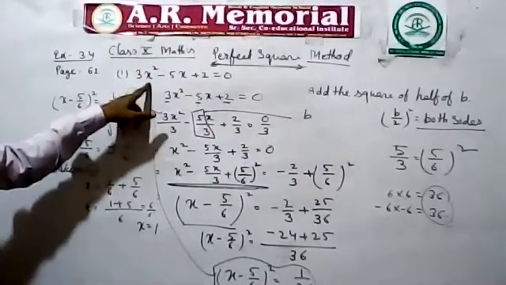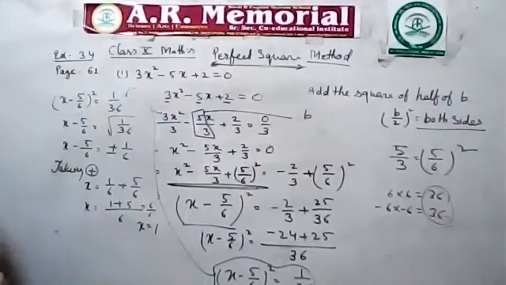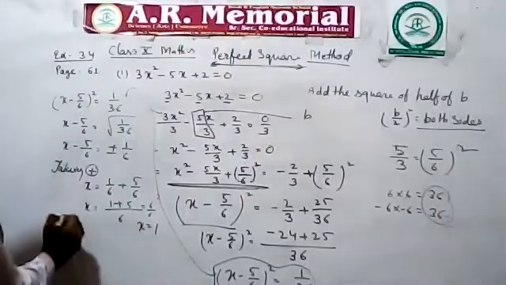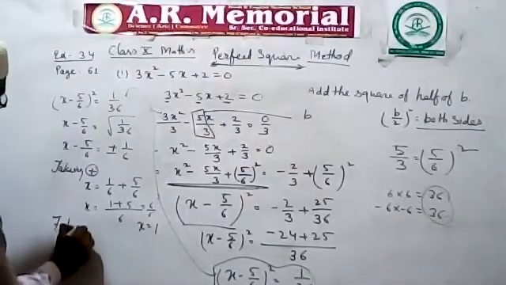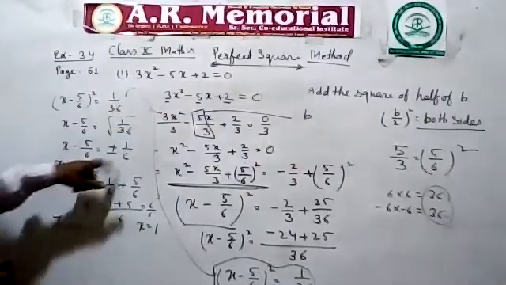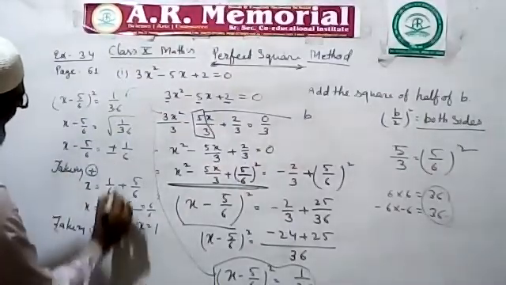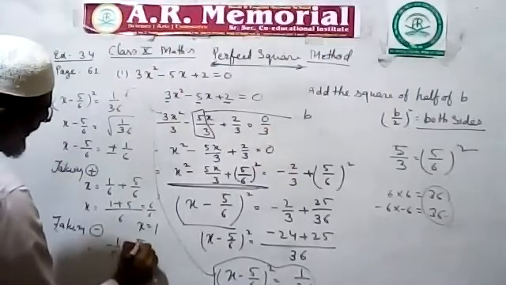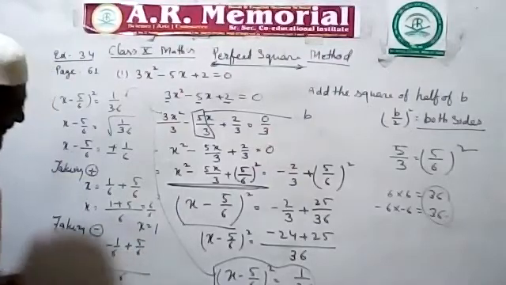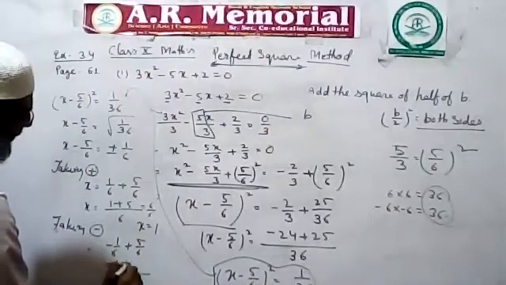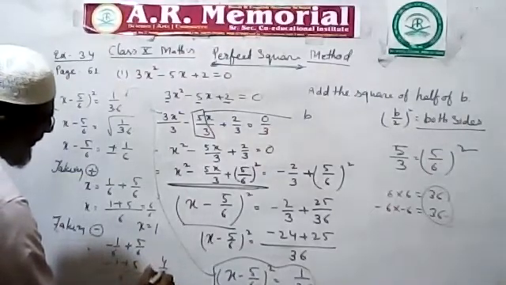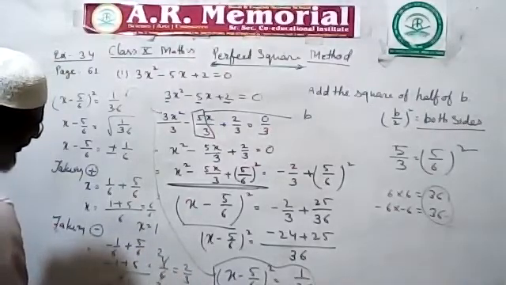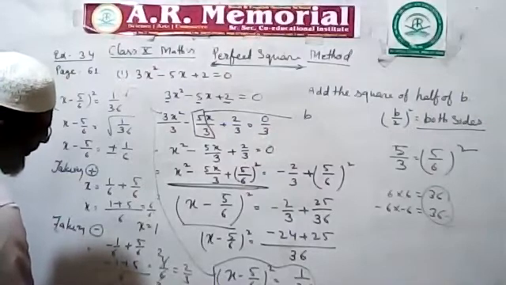Here x has a square, it is quadratic, so we want the answers alpha and beta. So one I got. Now the second one, taking negative: x is equal to minus 1 upon 6 plus 5 upon 6. LCM is 6. Now minus 1 plus 5 is equal to 4 upon 6. Cut by the same table, so here 2 upon 3. So alpha is equal to 1 and beta is equal to 2 upon 3.